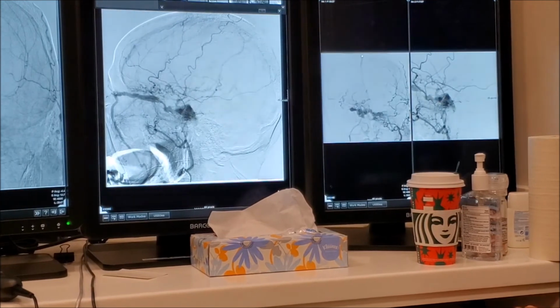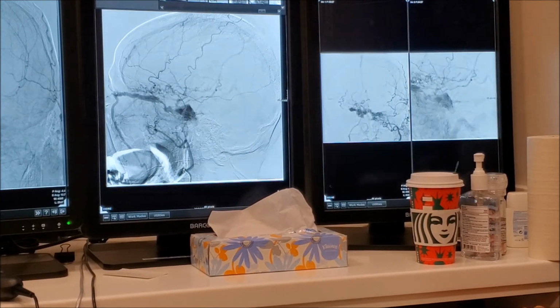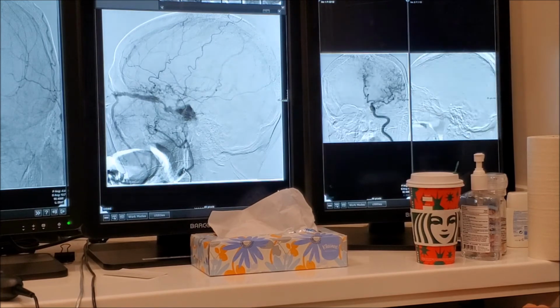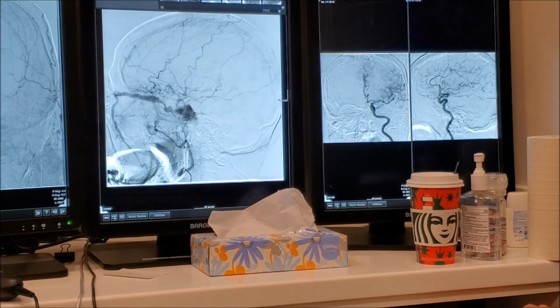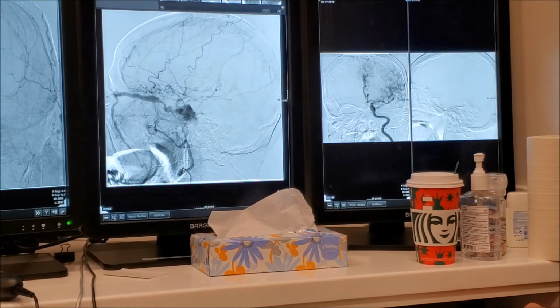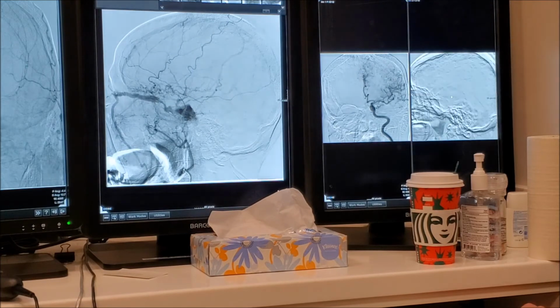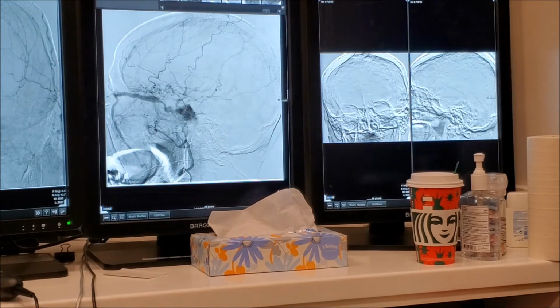Still the sinus, but they're not seeing the whole head. Okay. Let's see what we have here. So now is the internal carotid. Okay, they cut the picture too early. We're not seeing the sinus.